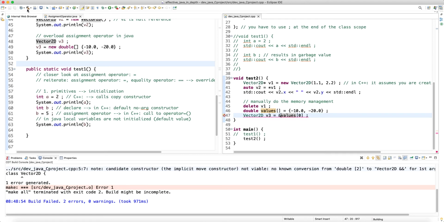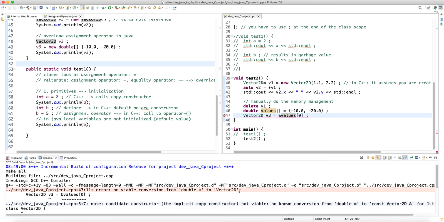Remember, this still complains. So Vector 2D v3 equals, and the reason is that now this doesn't work at the moment